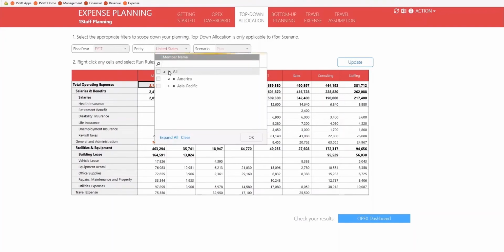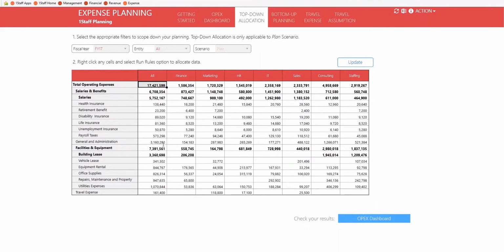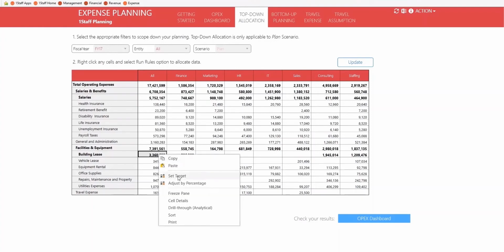So in this particular case, I might change this to an all-entity view. And then I can do an update on a total basis. So I, for instance, might come back to this building lease adjustment. I might come in here and I might want to set a target. So I could set a target, I could do some goal seeking. I want to set this target, but freeze this department in that particular region, okay? Or I could adjust by,